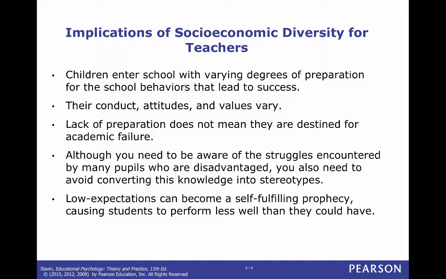So low expectations can become a self-fulfilling prophecy. That's why, if you talk about it at the Ron Clark Academy, it's one of the things I loved about him. He takes them at 5th grade. That's when the school opens up. And in 5th grade, all the 5th graders will tell you that they cry. He says, if you don't cry, you're not working hard enough. Because he talks to them about being a marathon runner. If you ever know anyone that runs a marathon, they'll say when they hit the wall, they usually hit the wall around mile 23.